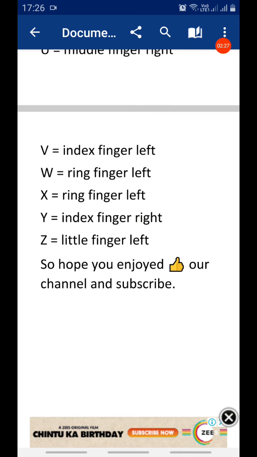Y is the index finger left, and last, Z is the little finger left.